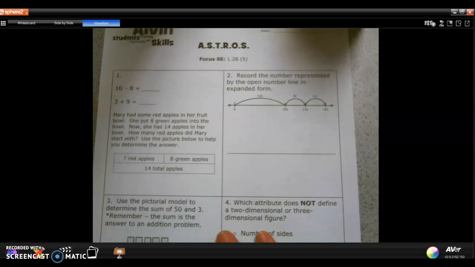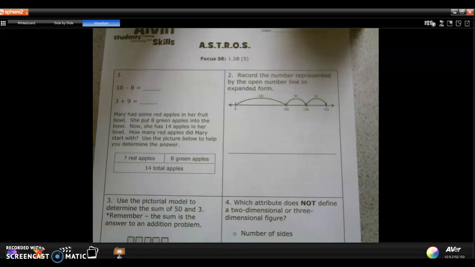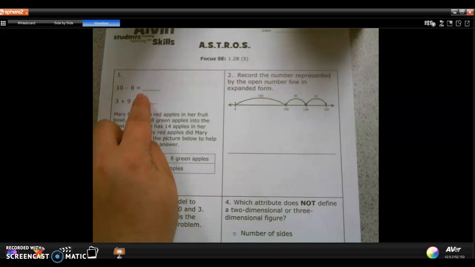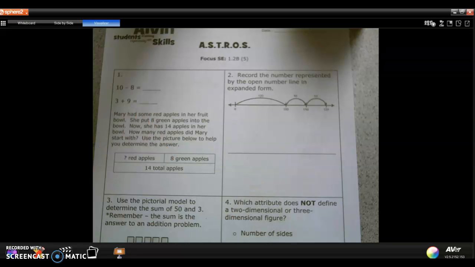So we're going to start off with number 1. Number 1 has a word problem, as well as 2 other problems you're going to be solving. So the first thing you're going to do is solve these 2 equations, just like we always do. Feel free to draw a picture to help you, or draw a number line, any method you want that helps